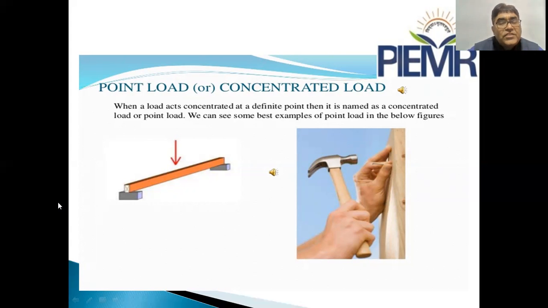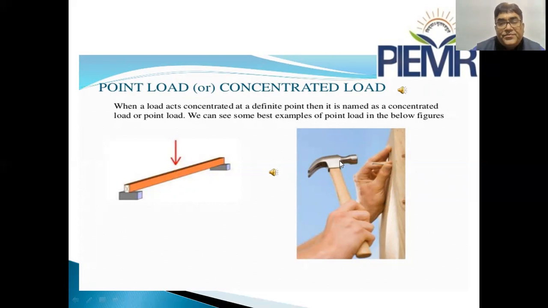First is the point load, which is also known as the concentrated load. As you can see in the figure, this is a simply supported beam, and this arrow is showing some type of force coming on it. In a point load, if there is a 10 Newton force, then the whole 10 Newton will be placed one above the other. For example, if there are 10 loads of 1 Newton each, then all these loads are placed one above the other. That is, at a single point, the loading is done.